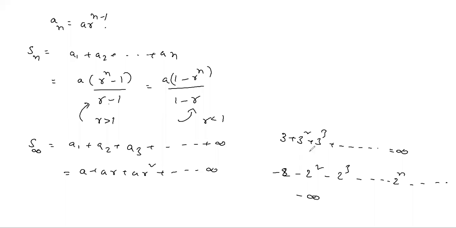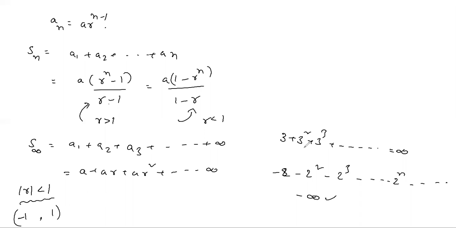If the common ratio is more than 1 and all terms are positive, then it is plus infinity. If all terms are negative and the common ratio is more than 1, then we say that it is minus infinity. But in any other cases, for some positive, some negative, we won't find the value by using this formula. Here we have only one condition: mod r less than 1, meaning the common ratio lies between minus 1 and plus 1, open interval. Then only we use this formula. Only a positive fraction value or a negative fraction value. In any other cases, we don't use this formula. So depending on the problem, you have to give the answer.